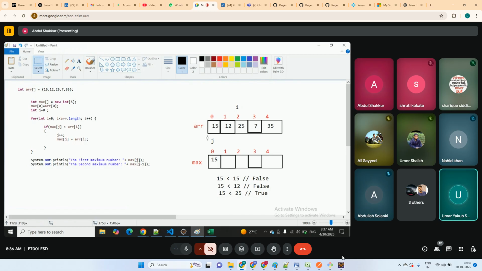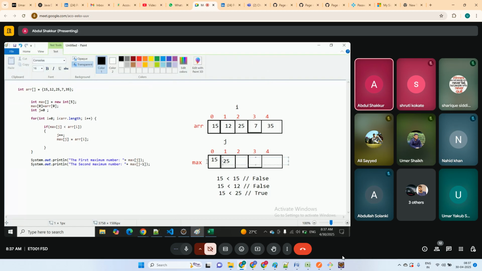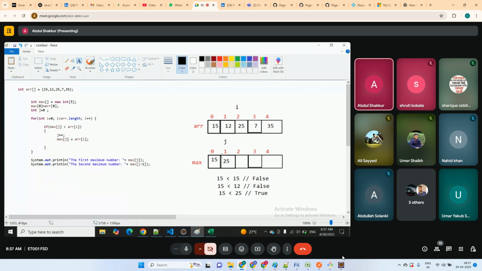और क्या कर रहा है आपका arr of i? 25 आ रहा है इधर। हाँ, 25 1 पे आ जाएगा, max के 1 पे 25 आ जाएगा। ओके ठीक है। फिर हाँ 7, तो ये 7।